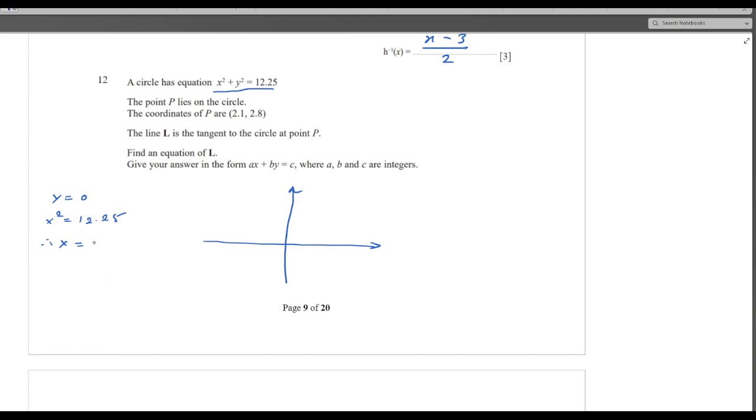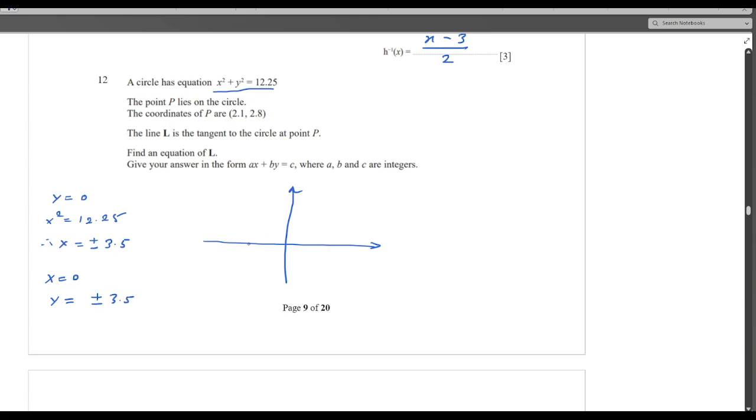So your value of x is plus or minus 3.5. Now if I choose x = 0, in the same way I will get y = plus or minus 3.5. That means your circle passes through minus 3.5 along the x-axis and along the y-axis,